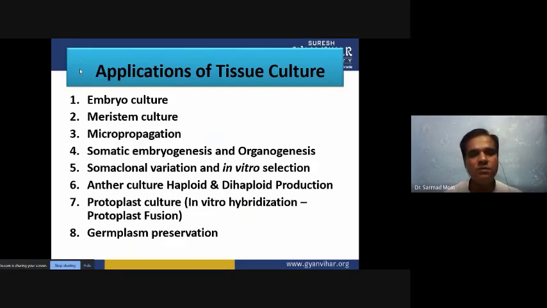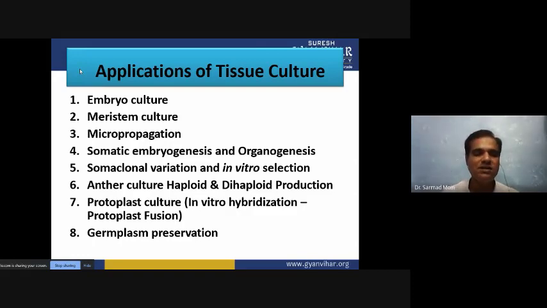When we are doing micropropagation, the ultimate goal is to produce n number of desired plants. For that, we can choose different types of explant, like embryo culture. We can do meristematic tissue culture, or we can do micropropagation through the direct method or indirect method. Somatic embryogenesis we can also do through micropropagation, where somatic cells are taken to produce embryos, and those embryos can regenerate into healthy plants. So somatic embryogenesis is also there, where we can produce somatic embryo stem cells.